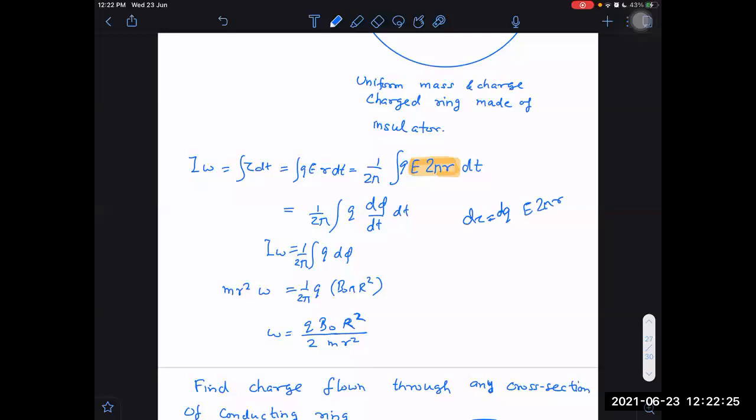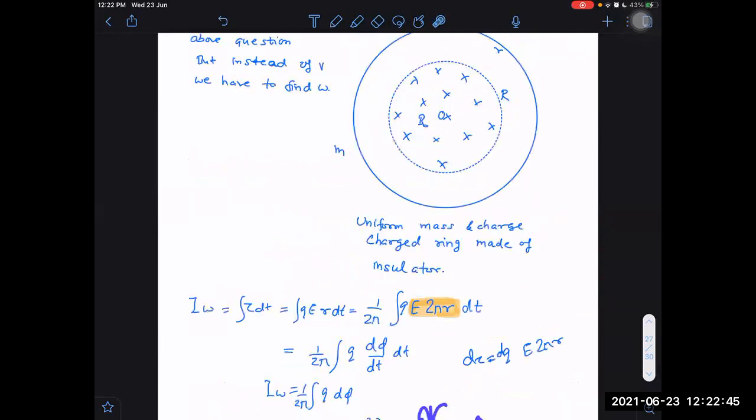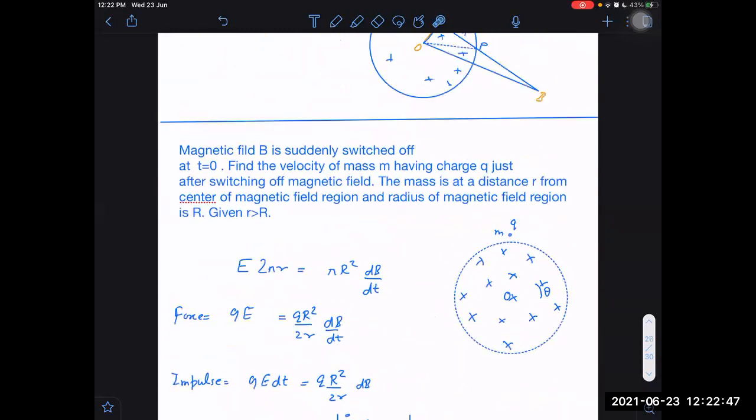What is the problem? The electric field will again be d phi by dt as usual. This we can say, if it is inside what it will be, and outside what it will be. For the electric field we have already derived the formula, and you can plot the graph also for the induced electric field. That graph will remind us of things properly.